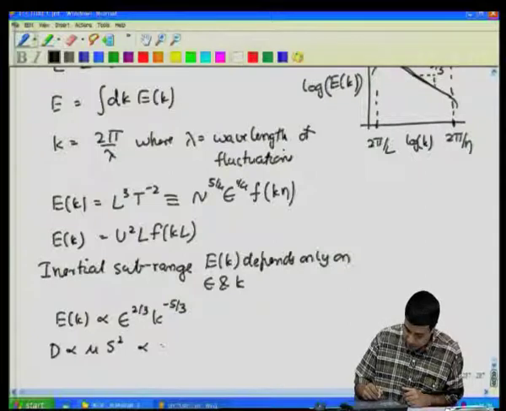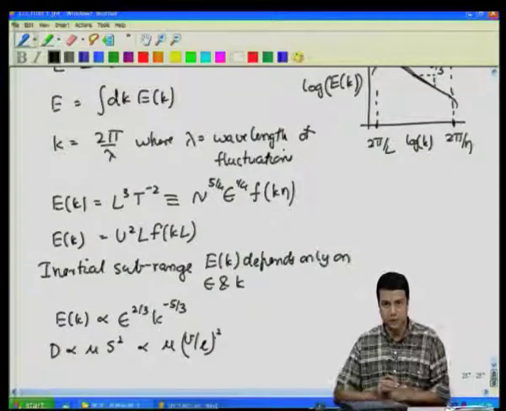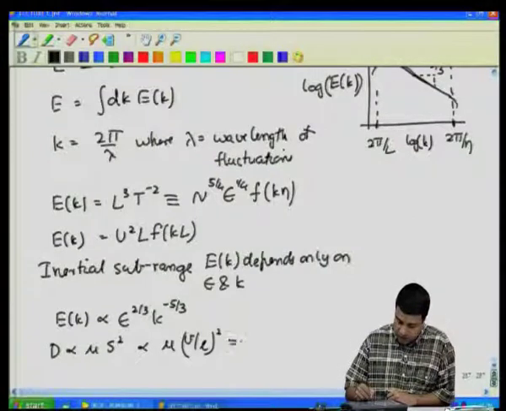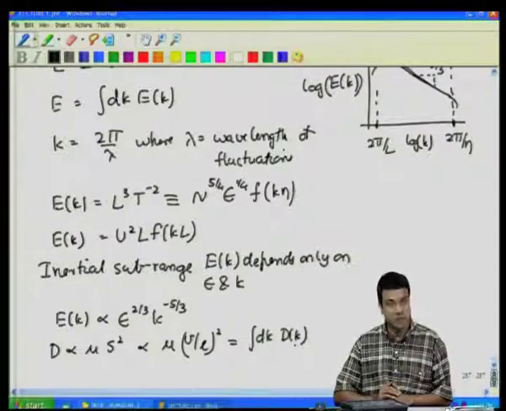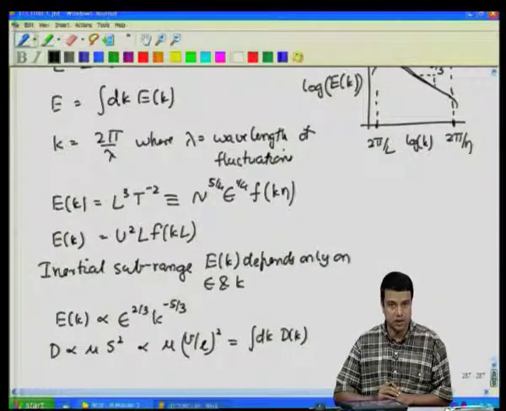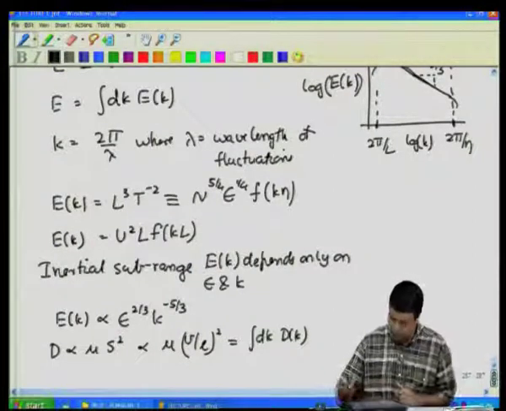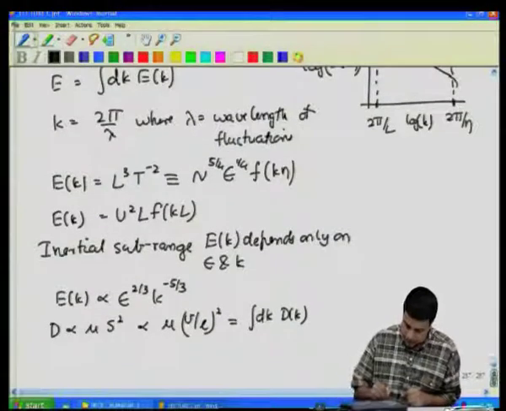Okay, which is proportional to mu times the velocity divided by the length scale, whole square. And in my Fourier notation, I can write this as integral dk times D of k. So basically the dissipation rate goes as the energy divided by length square. Similarly, the dissipation spectrum will have dimensions of the energy spectrum